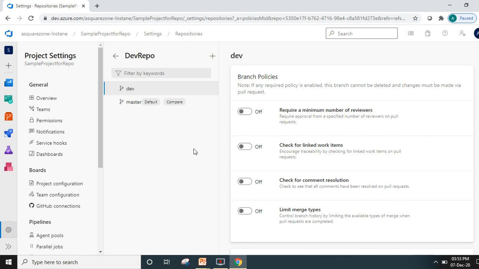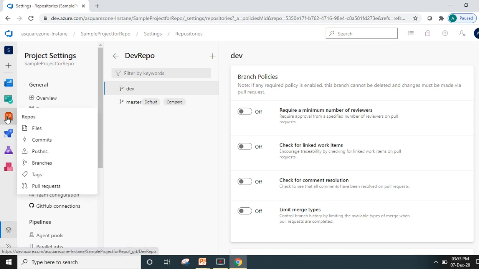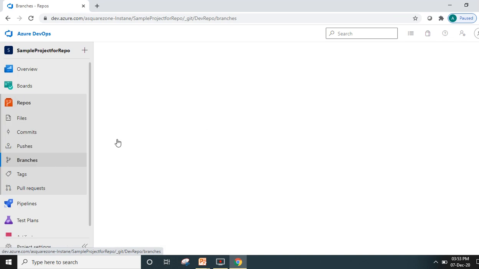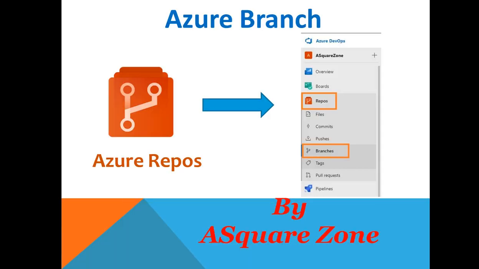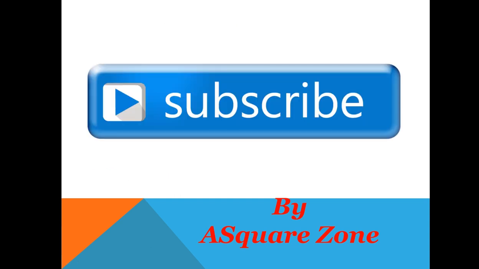So as for master, most of the time the admin has to look over there, and the remaining team members or other people are working on separate branches. So that is the major use of branch creation. That is the basic concept of branches, guys. I hope you understand ADO branches clearly.